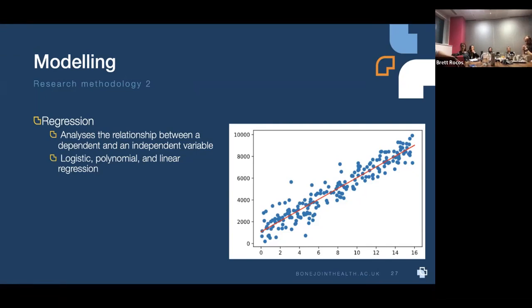It can be 0, 1, 2, 3, 4, and all the way up, and everything in between. Somewhere along that line, you have diabetes or you don't, and somewhere you change from one to the other. That's logistic regression. So I just think logic, like left or right, 1 or 0. Okay, so logistic regression is deciding yes or no you have a disease given a continuous scale, that kind of